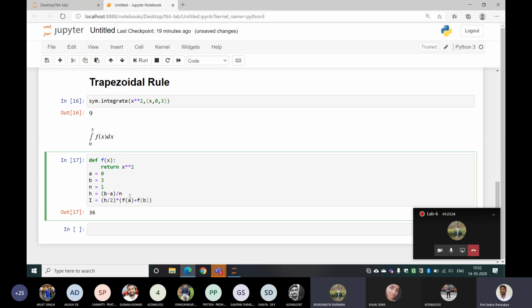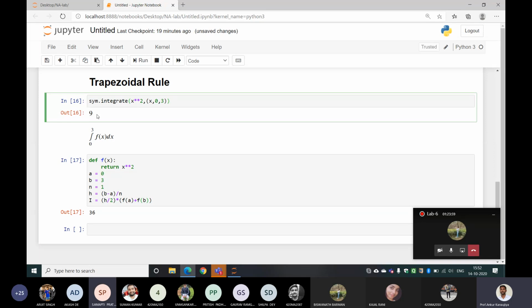So is there any? Hello, sir. Yes. Right. Symbolic integration, sir. Looks like integration 0 to 3 fx dx Yes. in Python, sir. What? Sir, integration 0 to 3 fx dx. How can we write in Python, sir? How to write means this is the code. X square x from 0 to 3. How to write like this? And we got answer 9. Yes, sir. So what is the problem?